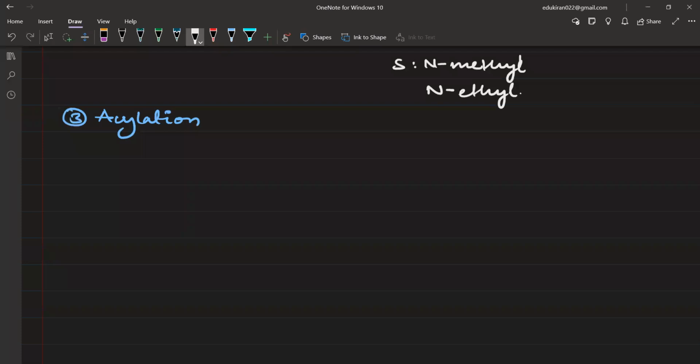Please write here. Let us take a primary amine, NH2, plus C double bond O Cl. This nitrogen atom is going to attack this carbon atom because it is delta positive, being attached to oxygen and chlorine. As soon as it attacks here, this will break and you will get